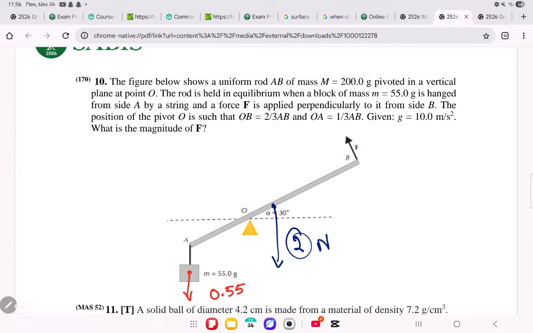And then from side B, there is a force F applied perpendicularly, that means this is 90 degrees, to the